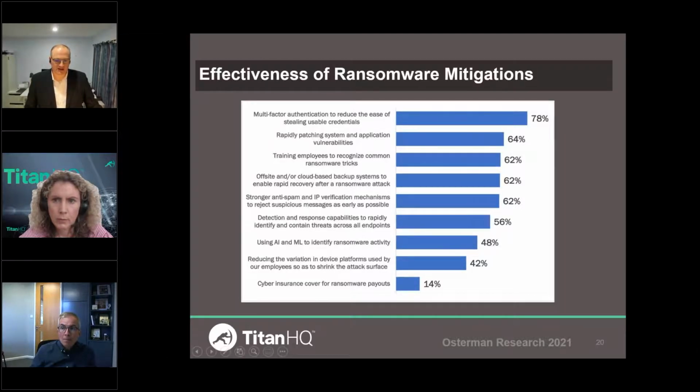It's interesting if we look at the very last issue here, cyber insurance cover for ransomware payouts. It's effective in only 14% of cases. And I guess there's the sense of, while it might deal with the immediate problem and you can pay the money and then get back to business, if you don't actually then address the weaknesses that you have, it's likely that the cyber gang will just come calling next week, or another cyber gang will go, hey, these guys just paid $1 million or €1 million. Let's go and attack them now